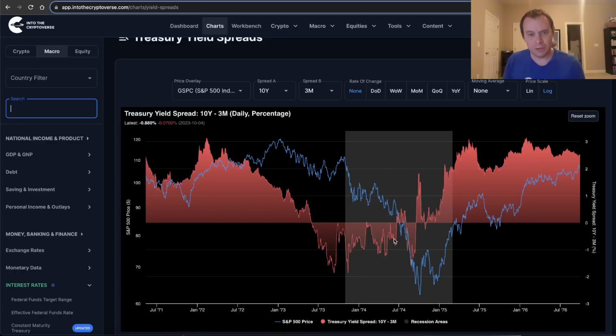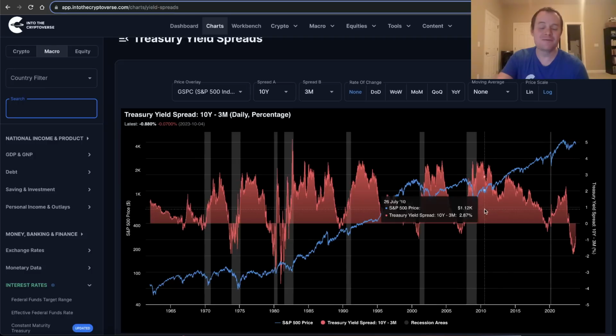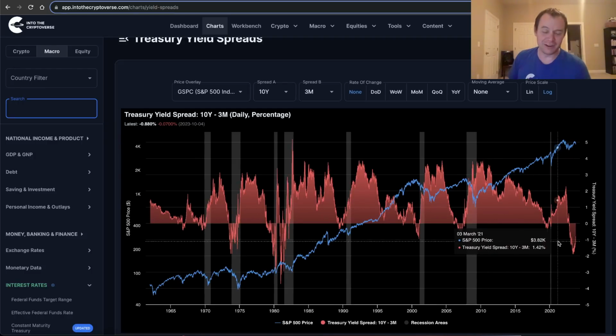And the reason we went there is because the reaction function by the Fed during periods of high inflation is very different than what it's been for the last 40 years. So a lot of us, including myself, haven't really lived through periods of high inflation other than the period we're currently in right now. So in order to understand the reaction function by the Fed, we have to look at the context of history to say, all right, well, what does the Fed normally do when we have inflation this high?